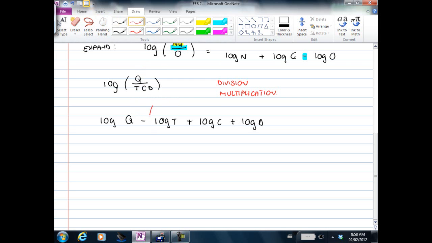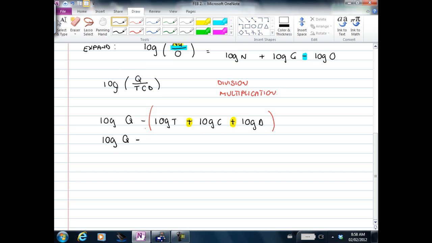Okay, I'm going to put a bracket around here. You're going to subtract this whole entire thing, because T, C, D join together to get TCD. But when you divide, you're subtracting the whole entire thing. If I subtract the whole entire thing, guess what these signs really become? They're negatives. So your true answer should have been log Q minus,